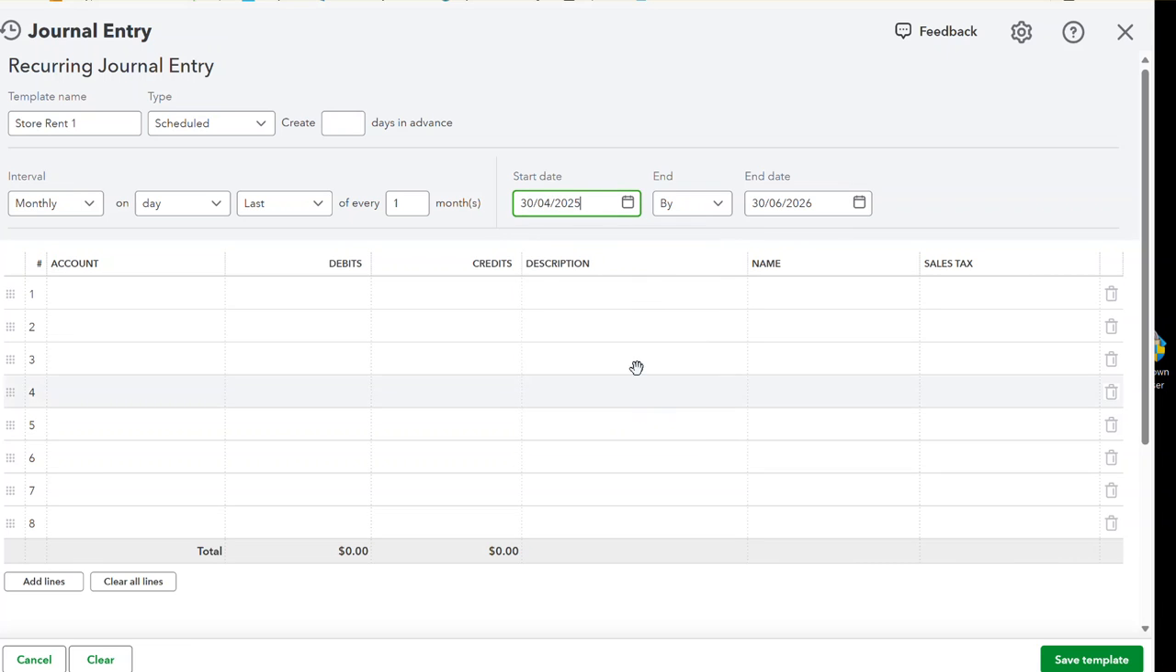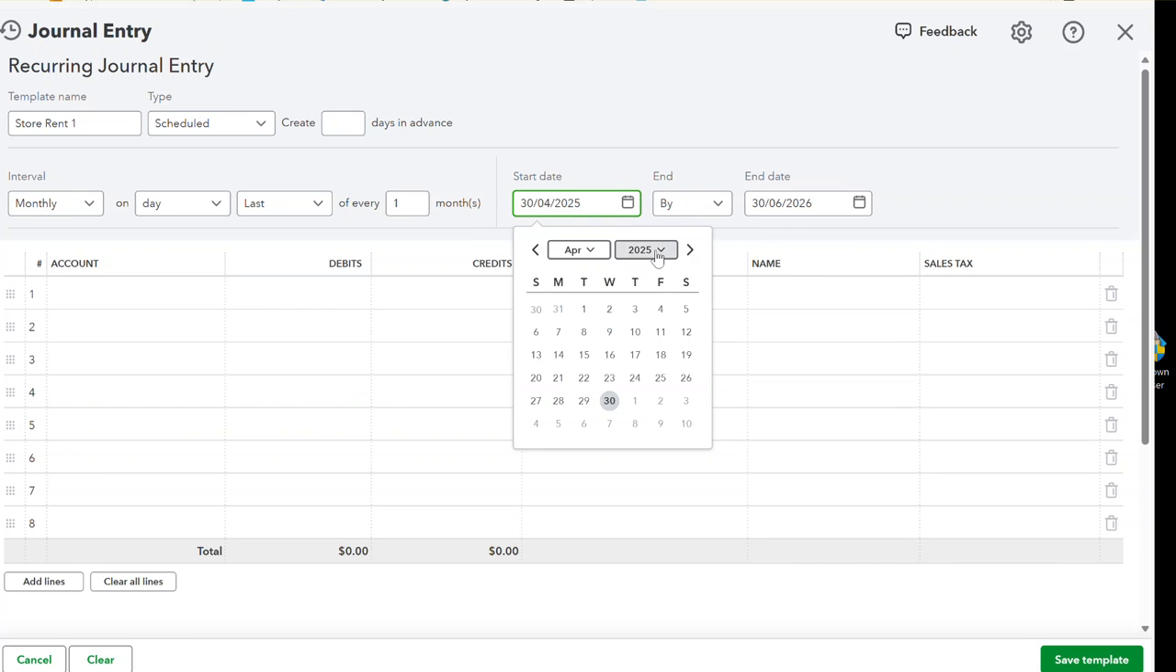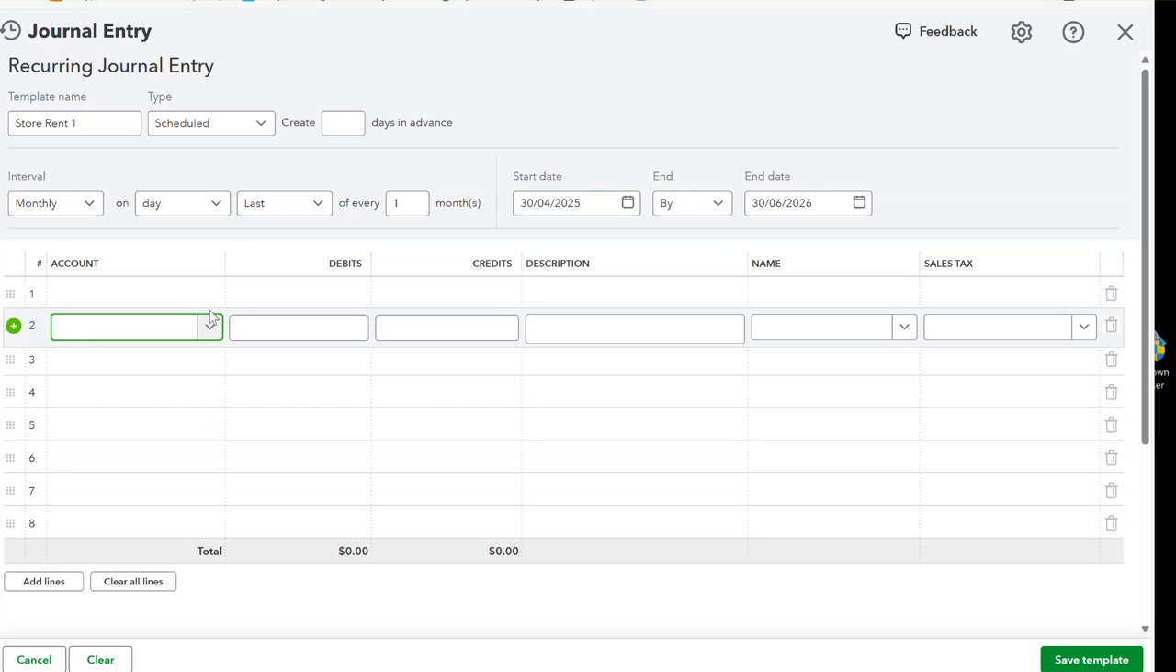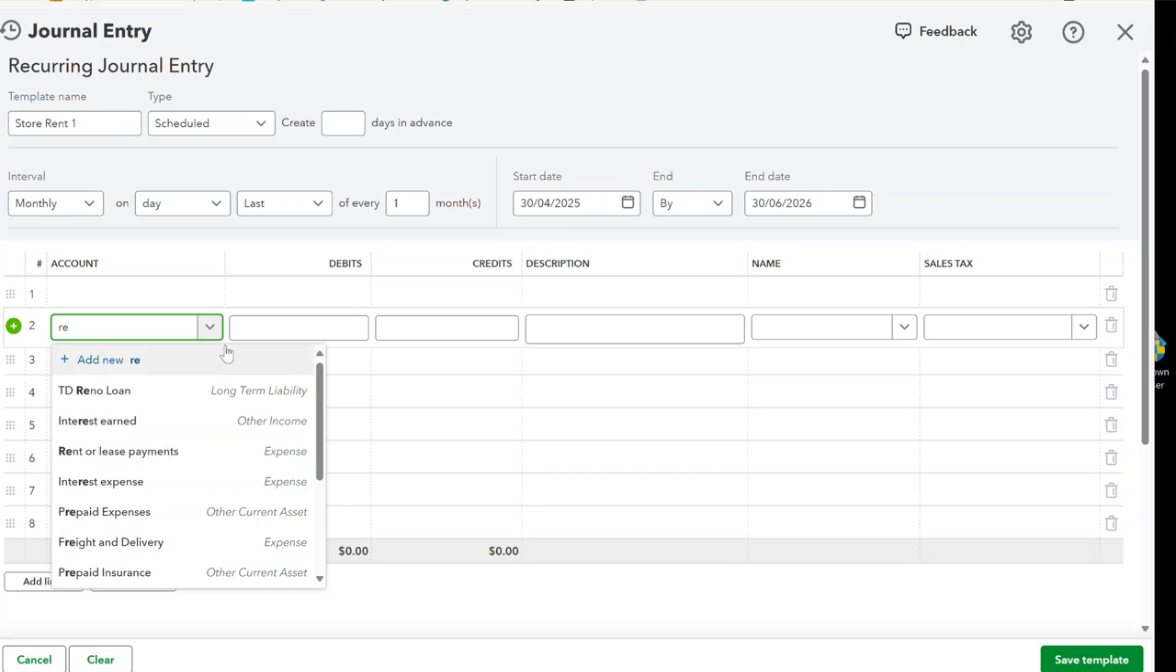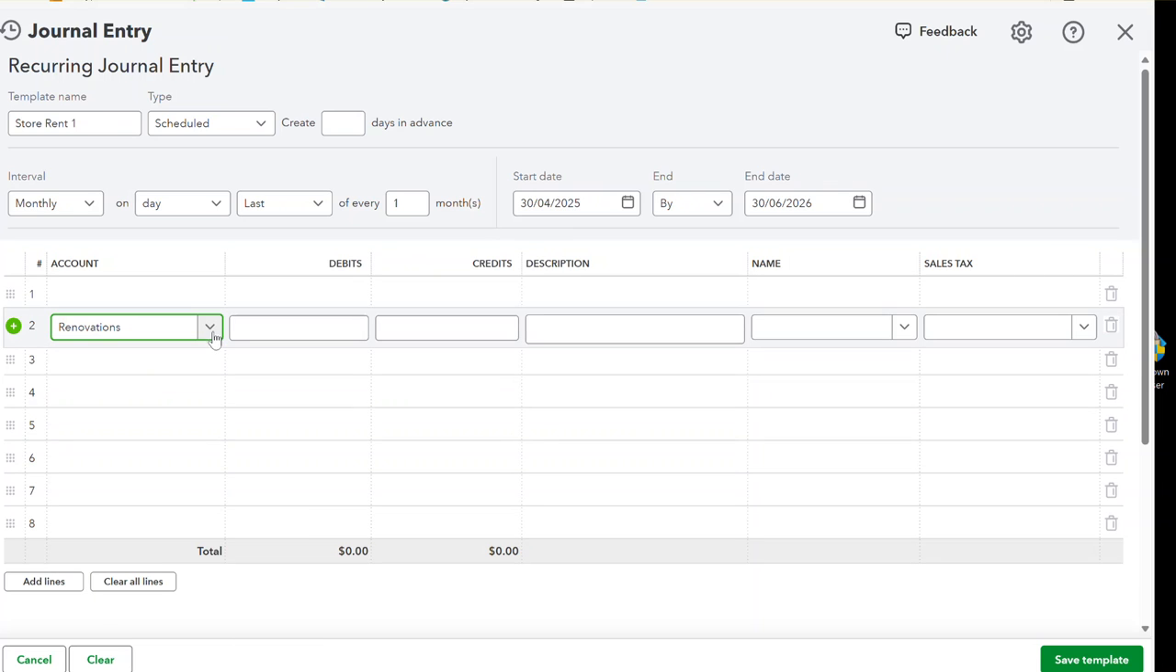April 30th, and then the year should be 26. So when you do that, I needed to do an entry to debit, which will be rent. I will just do rent or a lease payment, and the debit will be for $75, because they're asking you to do it for the other 3 months. So let's do that, and the description will be to reallocate